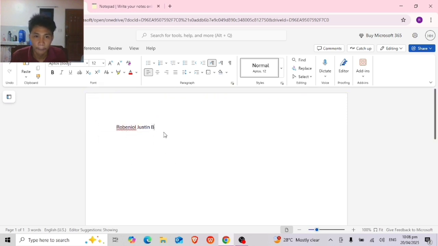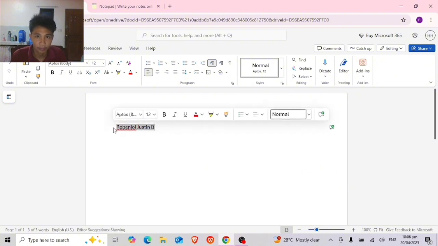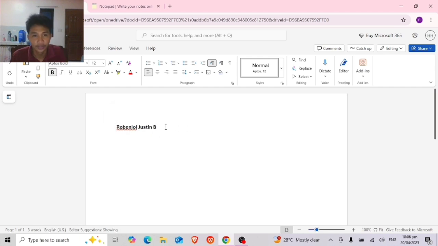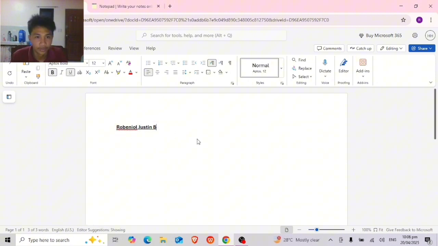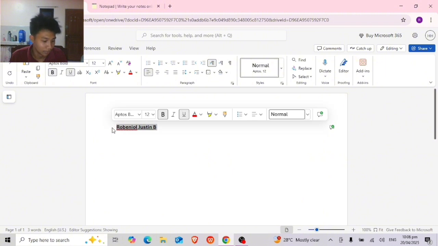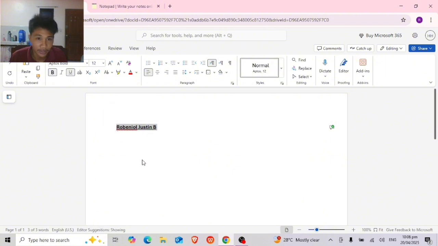How to bold it? We need to select the word and press Control B. To underline it, we press Control U. Next, to center this text, we select it again and press Control E.